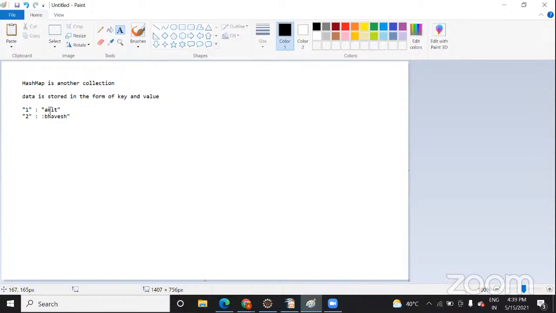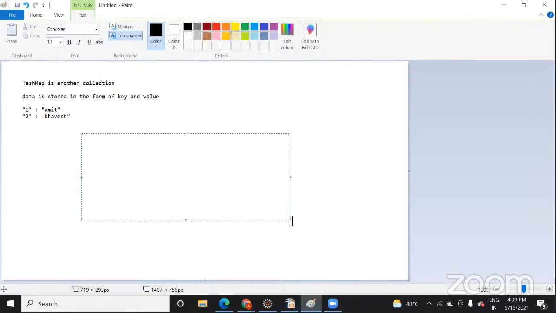Can you explain that again? Like suppose this one is identifying Bhavesh, and you have another key.